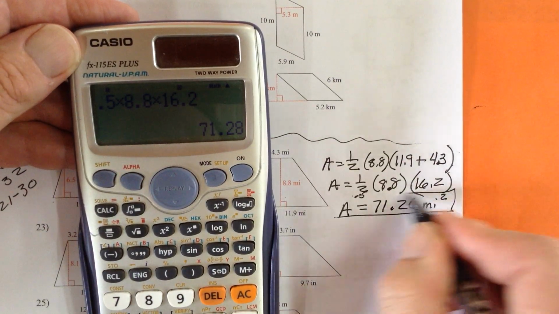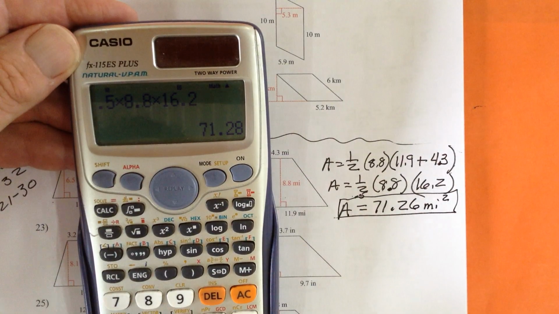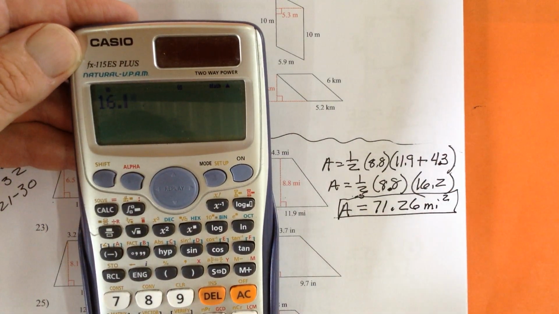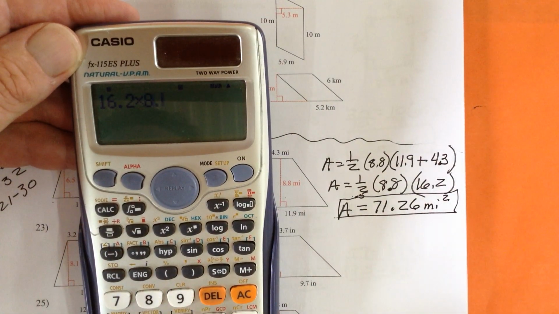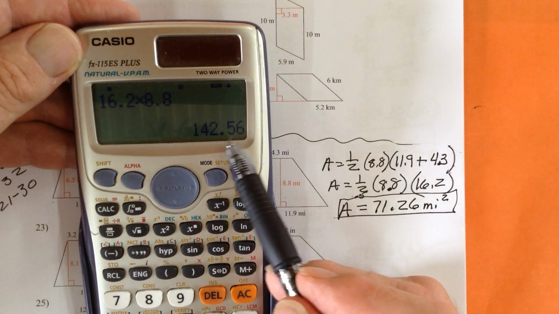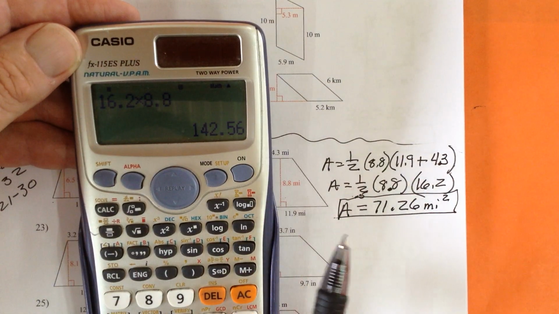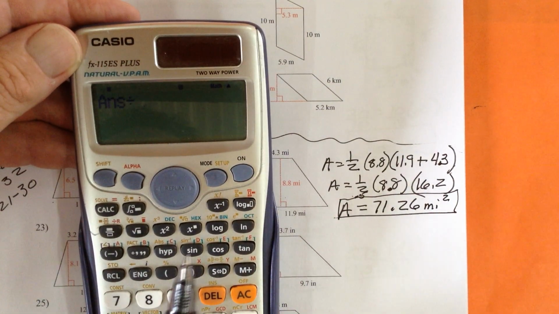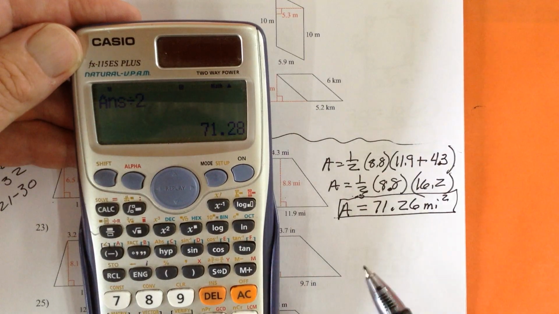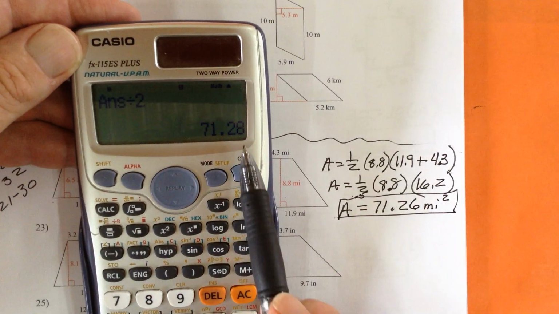And you could do it the other way. I can go 16.2 times 8.8 equals, I get 142.56, but I need only half of that, so I divide it by 2 to give me half of it, and there I am, back to